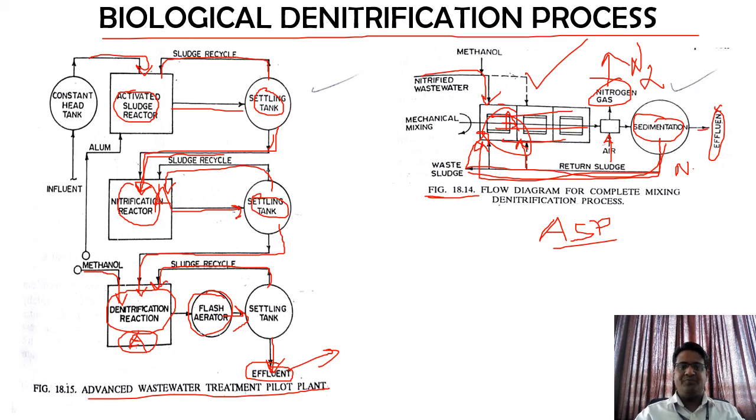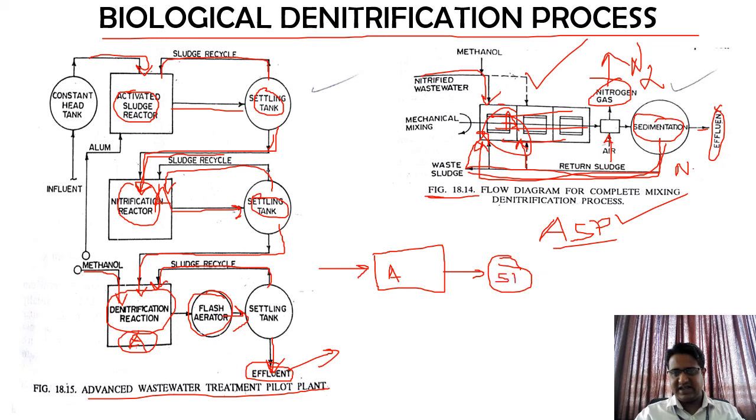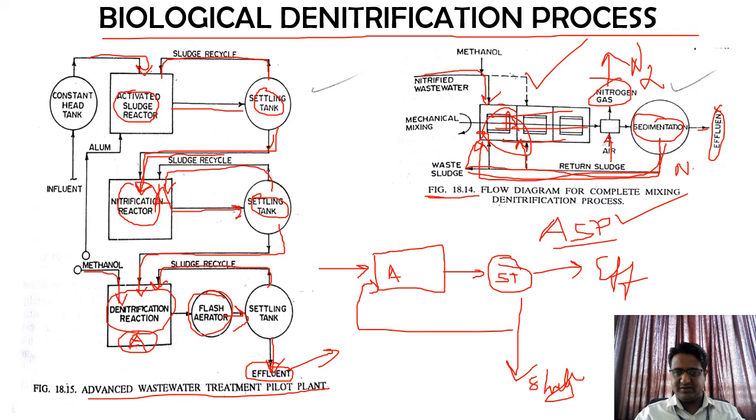So ultimately, what these two figures are showing is, if you take this activated sludge process as a baseline, then the inflow goes to one aeration tank, then you have a clarifier or a settling tank, what we call it. The effluent, or else the supernatant of this, will go out as effluent, here you get sludge, and out of this partially will be circulated back to the aeration tank.